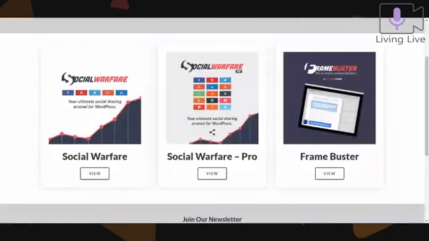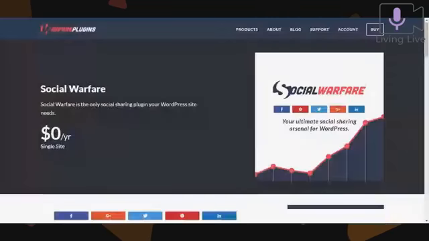Sure. So we actually have 3 products. Our flagship product is Social Warfare, which is a free plugin. You get a number of features baked into the free plugin, and for most sites, it's all you need. But if you want that advanced functionality, the customized shares, the more buttons, a lot more styling options and customization options and optimization options, then you would need to buy the Pro add-on.